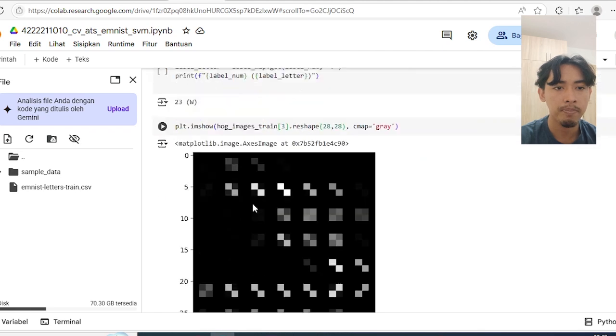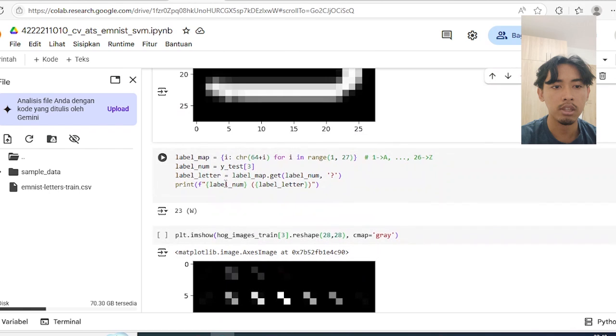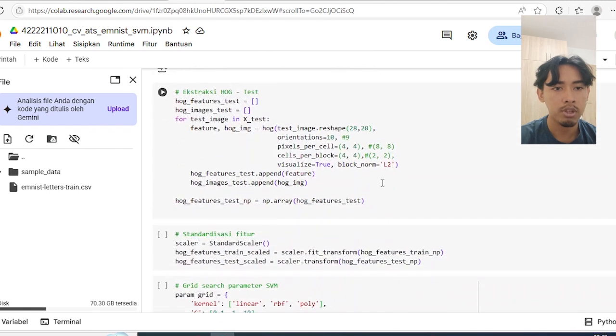And next we need to do the extraction with HOG for the test data, with the same parameters as the train data. We should make it the same.